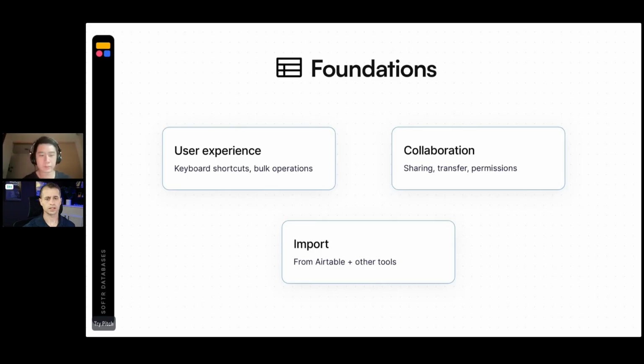Yeah, I think another thing I'd like to call out is the speed, because Softr Databases is built for Softr and many others. It's significantly faster when using Softr with Softr Databases compared to Softr with Airtable. Artur will show you this in a bit, but the speed is dramatically increased. Also, we built Softr Databases to be a database first for applications, and that's not necessarily true with Airtable.